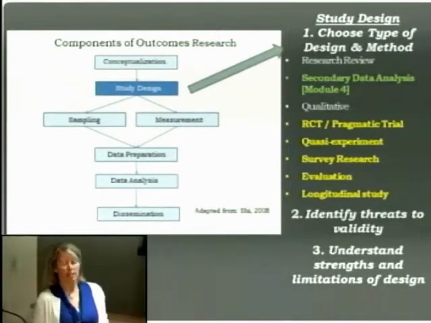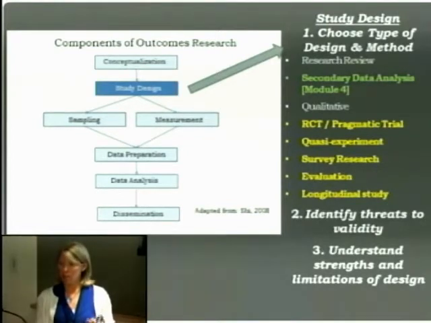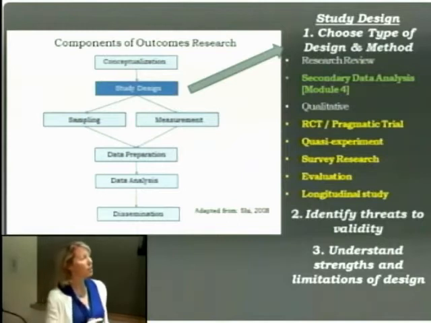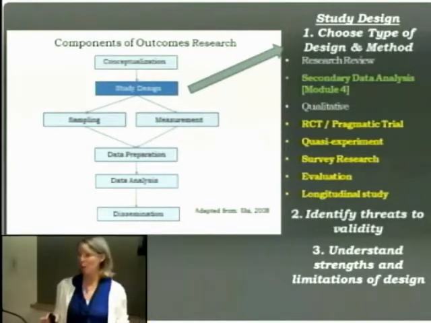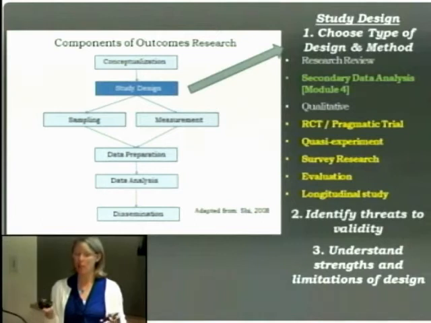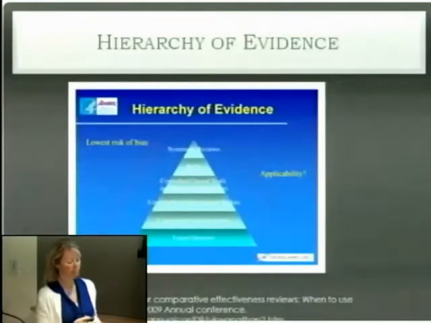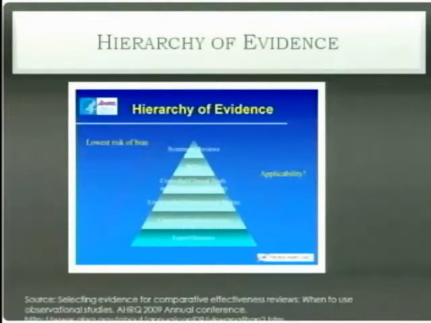So what we're going to talk about is some of the threats to validity for each of these, because they all have varying degrees of threats to validity. Some are more concerning than others. And then, like I said, no study design is perfect, right? So they all have relative strengths and limitations. So we'll talk about some of those and some of the things to consider for your particular clinical area and research question. So just to orient us again about this hierarchy of evidence, for those of you who didn't see,